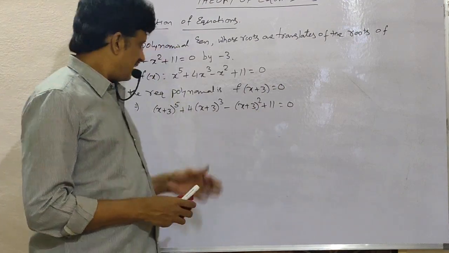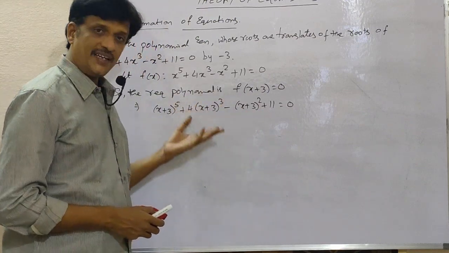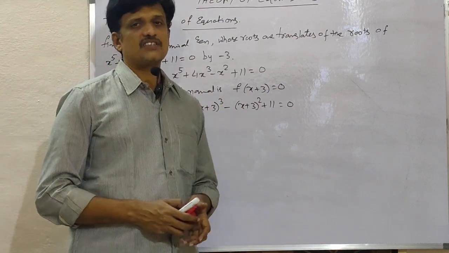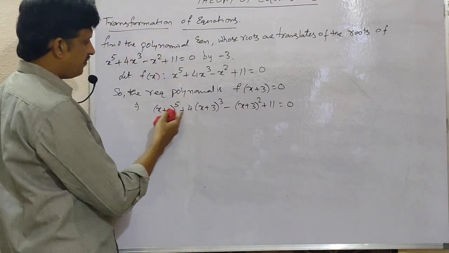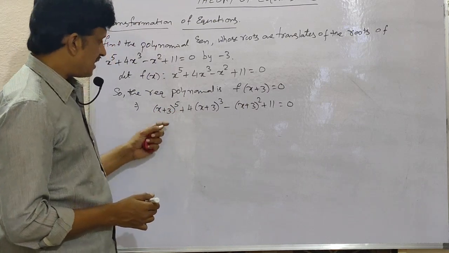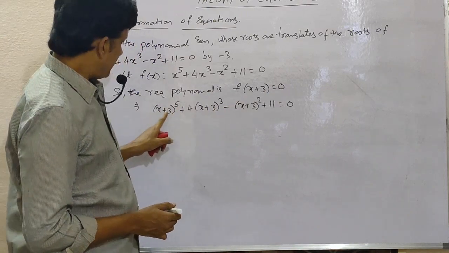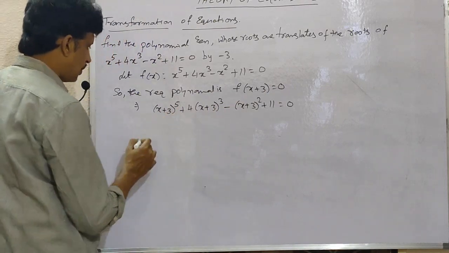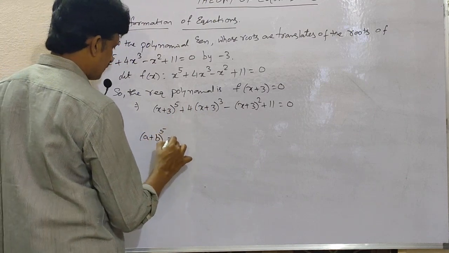That is why if we get this type of problems, instead of doing like this, we use synthetic division. That is easy. So I'll explain the remaining in that way. Simply here, if you write the expansion, you will get the required. Just for reference, here we know the expansions of a plus b whole square and a plus b whole cube. Here I'm writing the expansion of a plus b whole power 5 first. With the help of this, you can expand this one.